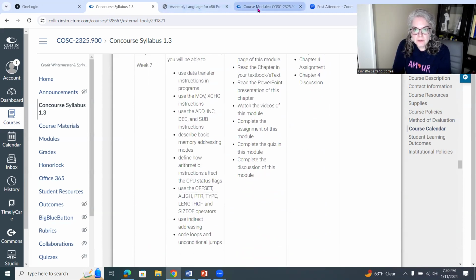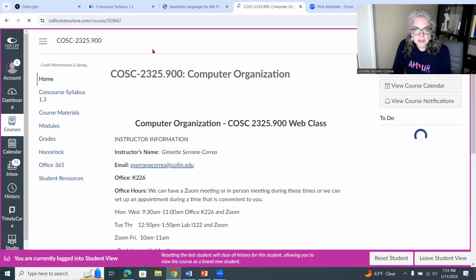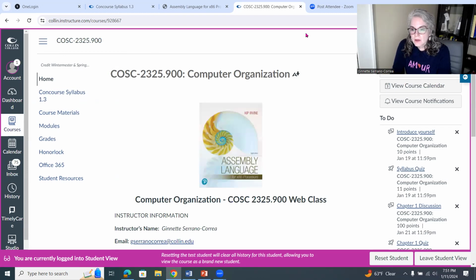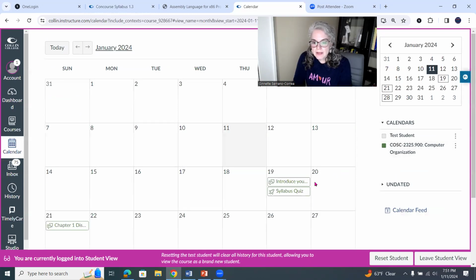So if I go back to the student view and go to the home section, over here on the right-hand side, it says view course calendar. And right now in green, because that's what's checked off, we see the things that are due.